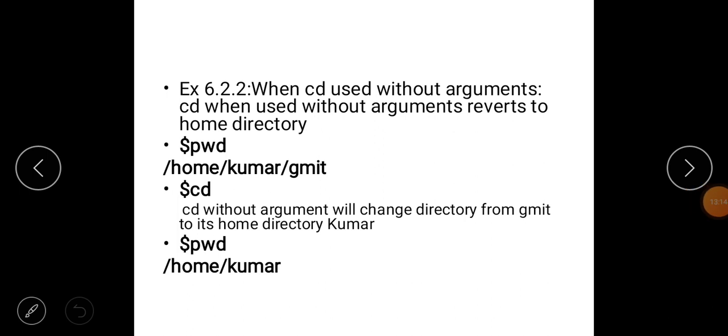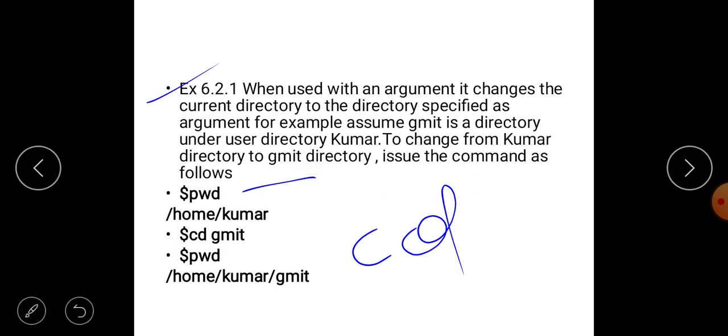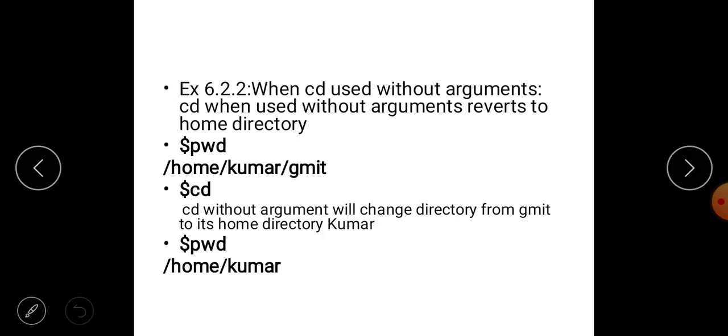Suppose the next condition, the example when cd is used without an argument. An argument is nothing but what follows cd, the space and the argument. In the earlier example you are using cd gmit, which means we change from our current working directory to gmit. But here we are not using any argument. What will happen?